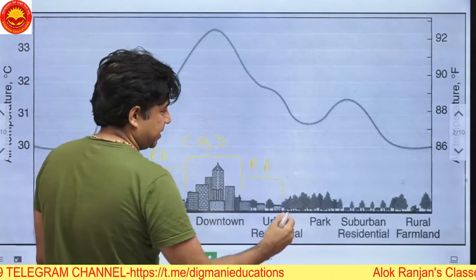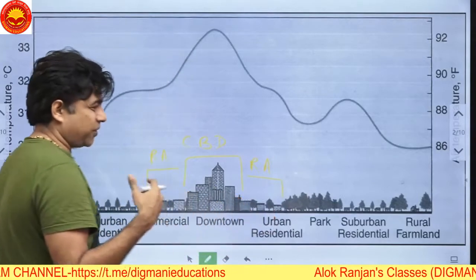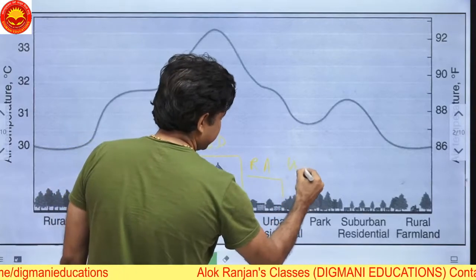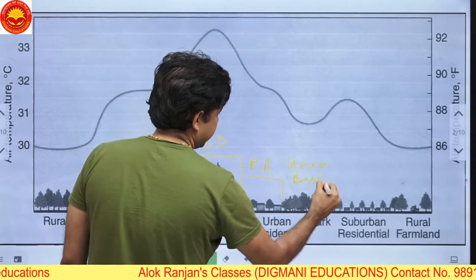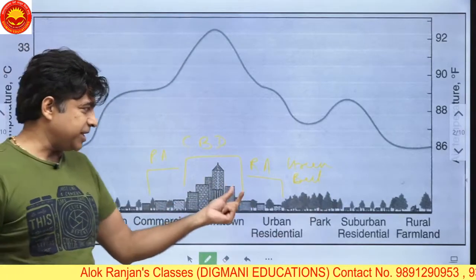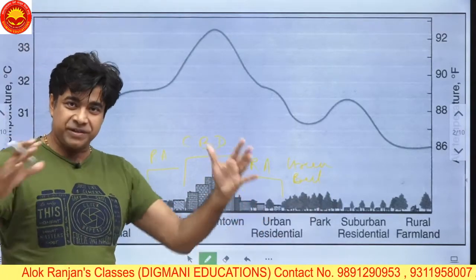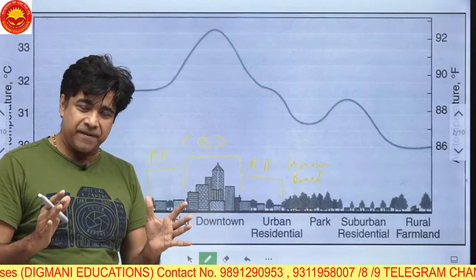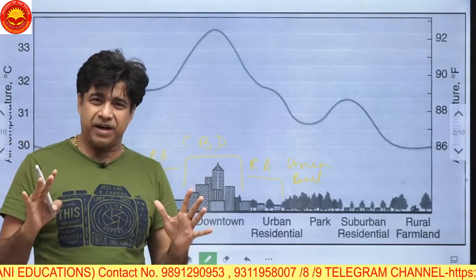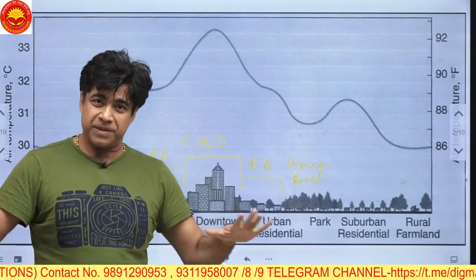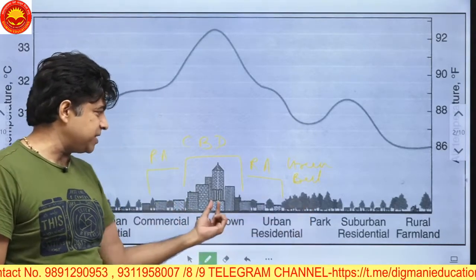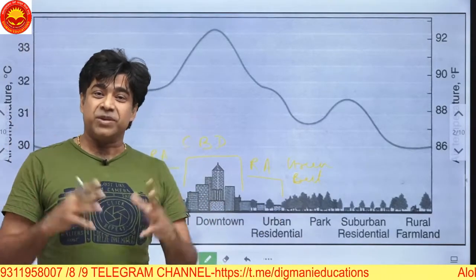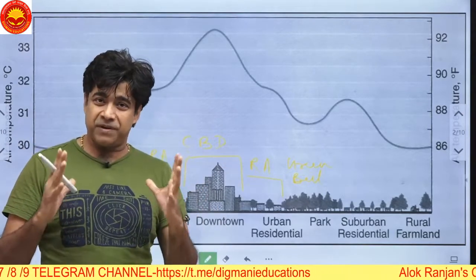And as you move further, you have the urban forestry areas, or you can call them the green patches of the city, or the green belts. Unfortunately, countries like India have no such green belts or parks surrounding the city. These green belts surrounding the city are actually constructed to stop the unwarranted, random, haphazard horizontal urban development. And these green patches stop the city's horizontal growth, so the city begins to grow vertically. And when the city begins to grow vertically, you will have a more intense urban heat island phenomenon.